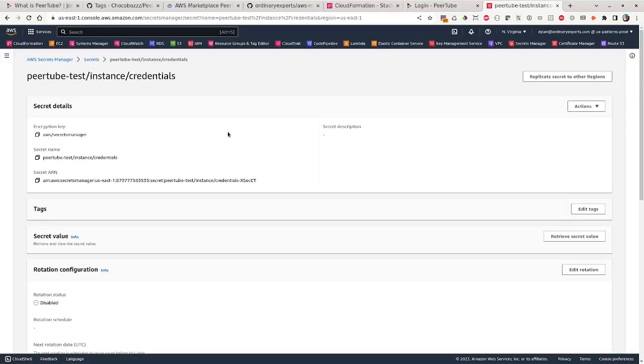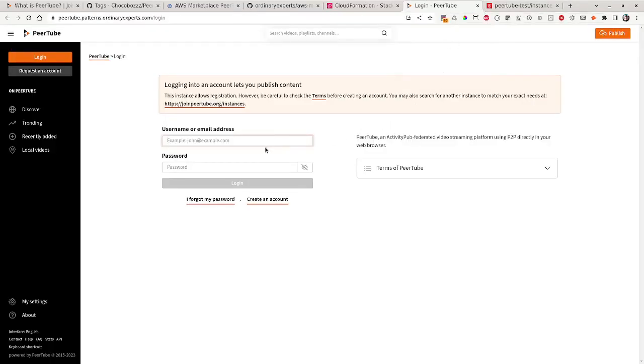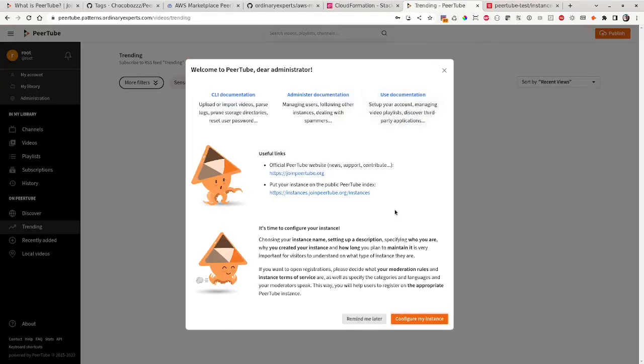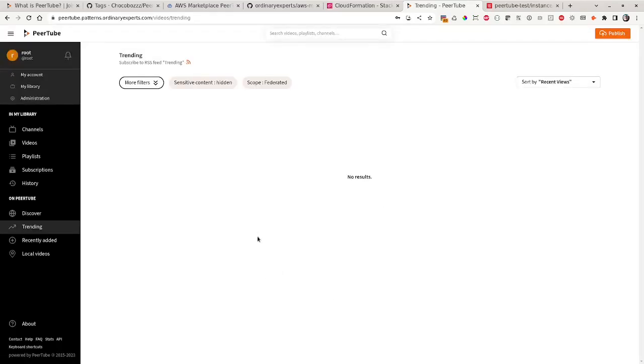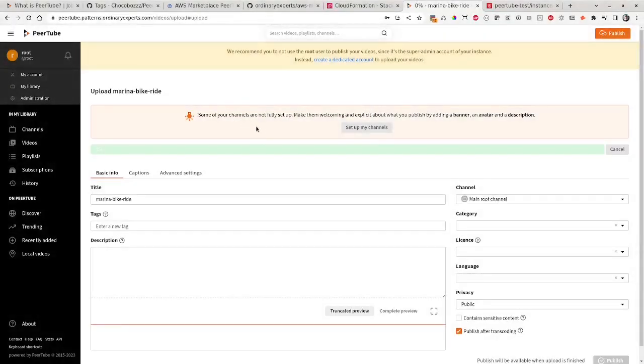You can go ahead and click retrieve secret value, and then we want to get the root password secret here and copy that. Then that'll let us sign in with the username root, and the password we just copied from Secrets Manager. Normally you would then configure your instance. We're not going to do that right now. Also, normally you would create another user, which is a normal user, to upload videos. But for now, we're just going to publish a video via this root user